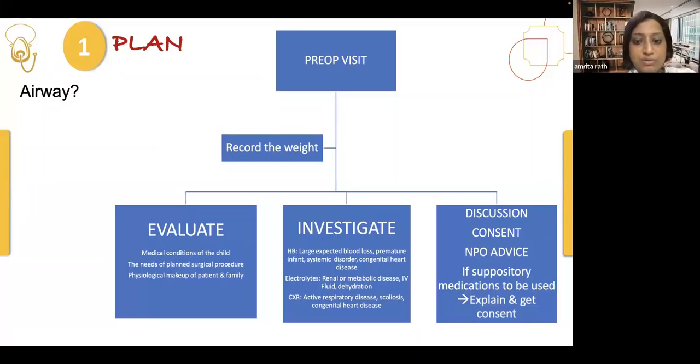Here you can always talk about CBC, LFT, RFT, they don't have any problem, but a few examiners are very skeptical. If you answer an investigation, they will ask why you want to order this. So you should be careful with that.